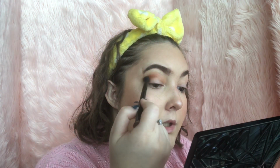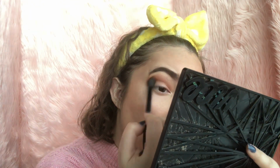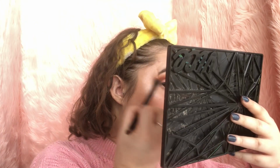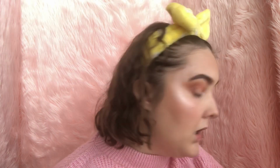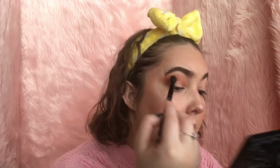So let's start building up our crease with the darker red. So you can see I'm starting to apply the darker red into my crease, and blending that in. So let's do that. And then we'll just do the darkest shade that we can add. I'm trying to do something pretty simple that everyone can do, but still is really pretty and blended and kind of